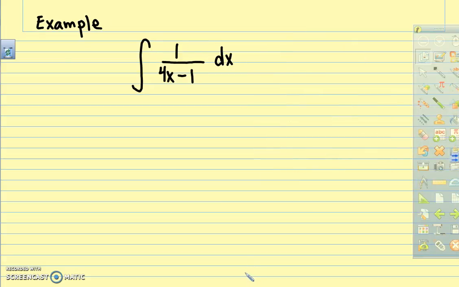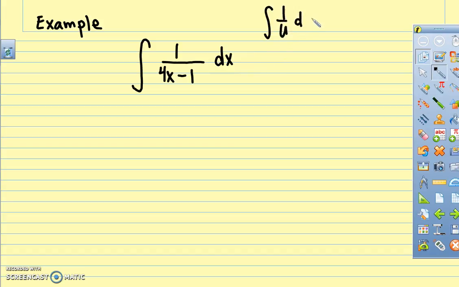And here's another example. Integrating 1 over 4x minus 1. If you really think about it, if you know that the antiderivative has to consist of the natural log, and you have 4x minus 1 in the denominator, somehow we have to apply the chain rule here. Okay, and earlier in the video I said that when you have the integral of 1 over u du,